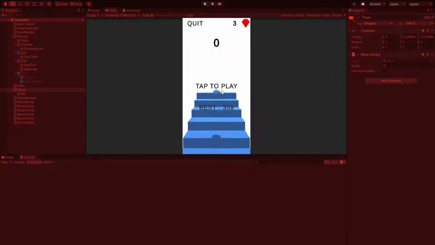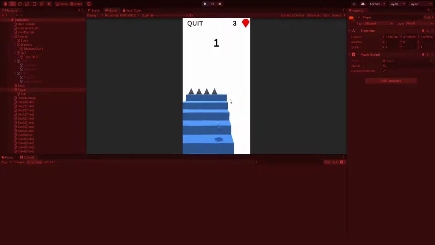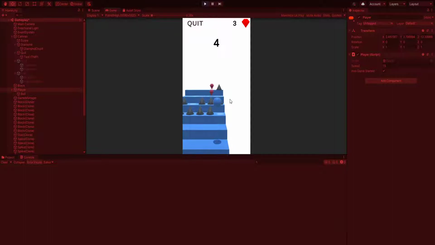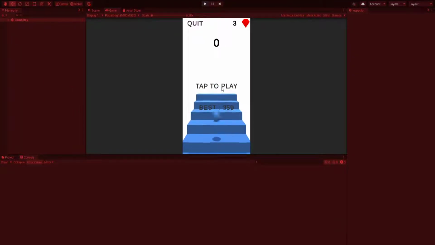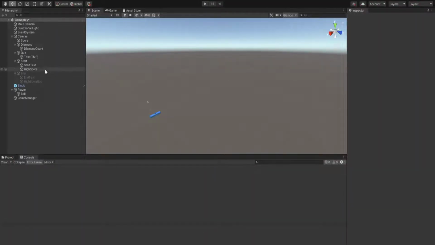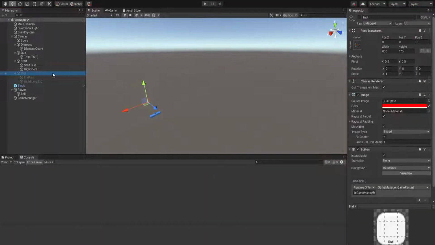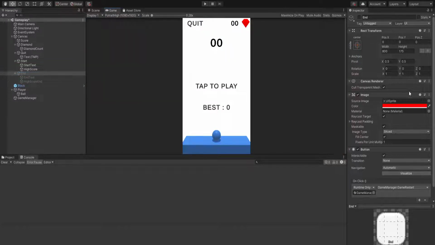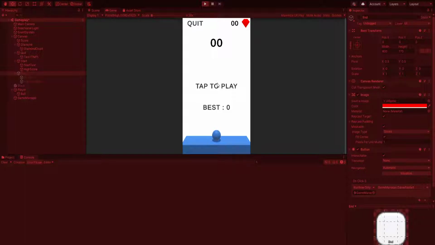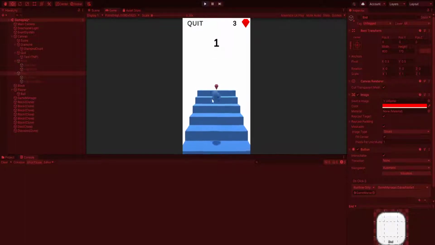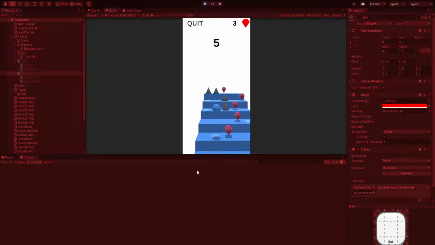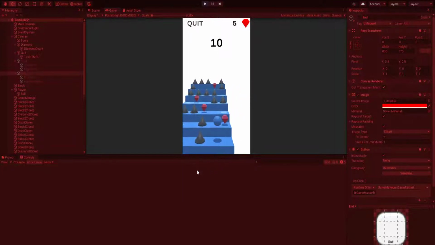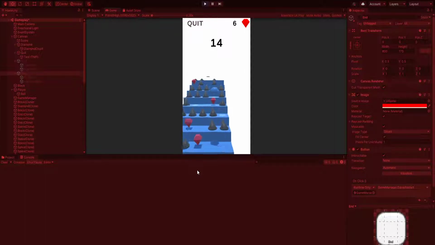So we have 3 diamonds, and let's do tap to play. We are able to move left and right, and the combo increases. Okay, let's restart, and let's set our restart text not to be an ugly one. So let's go inside the game and change the color to this one. So now if we tap to play, we should have our diamonds, and the diamond count is increasing. We are able to get 13,